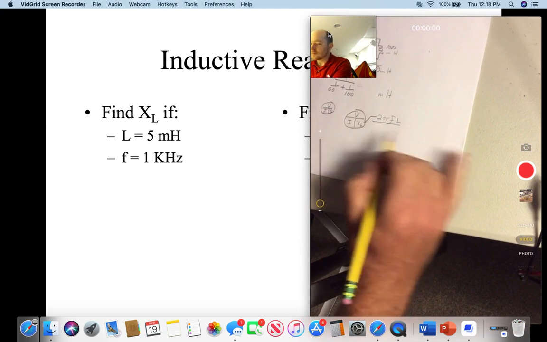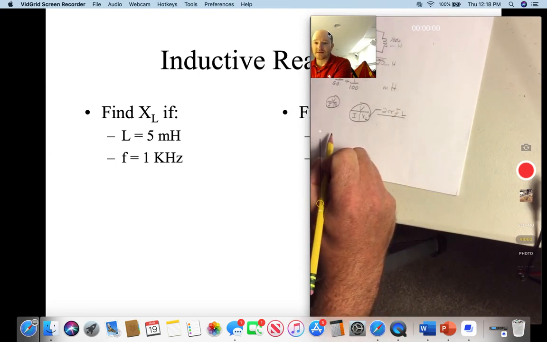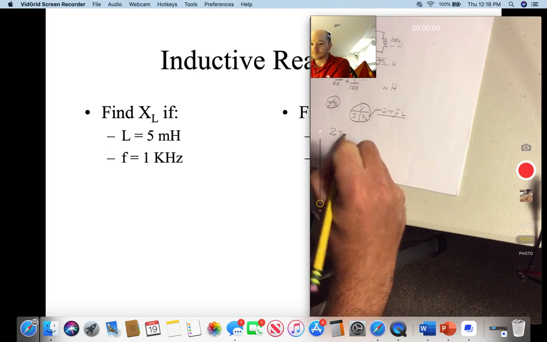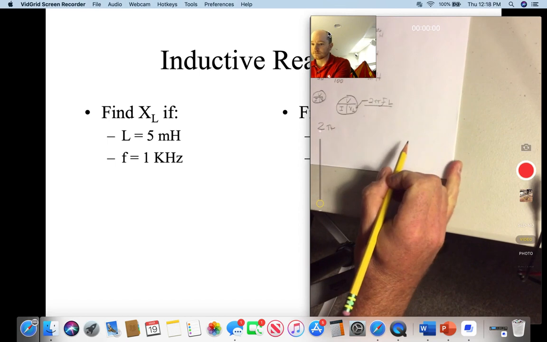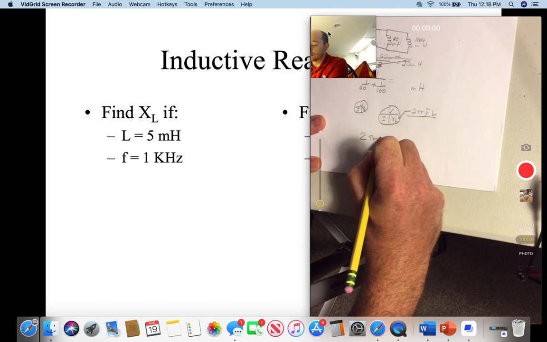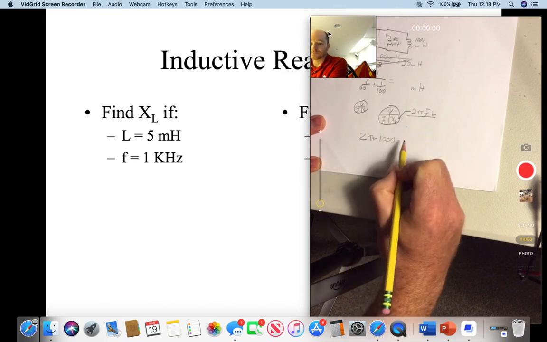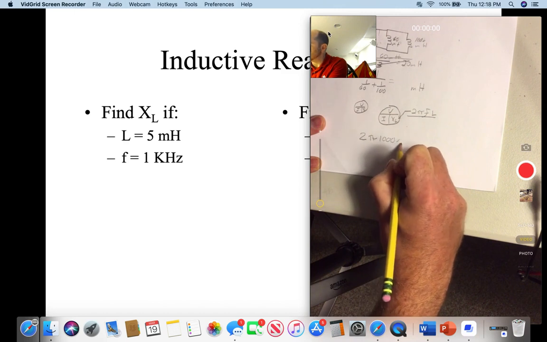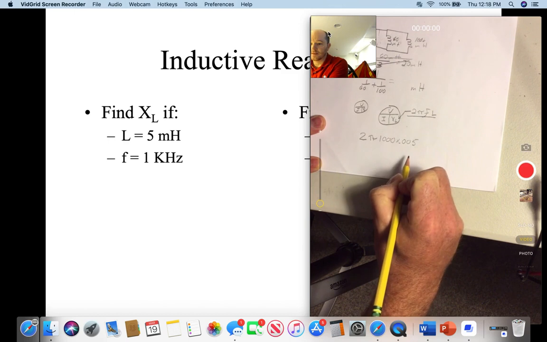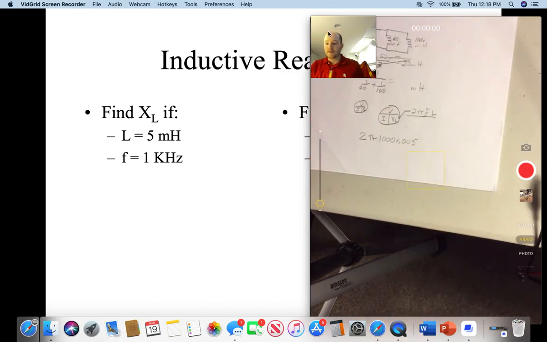All right, so let's find X of L if we have a 5 millihenry inductor at 1,000 hertz. To calculate this out, this would be 2 times pi times 1,000 times 5 millihenries, which is 0.005 henries. Okay? All right, so let's go ahead and bring this up in our calculator and we will run the